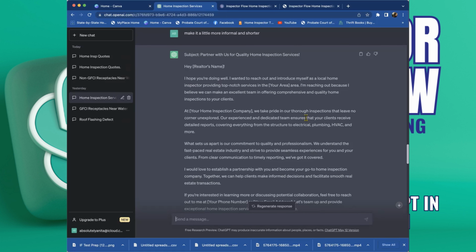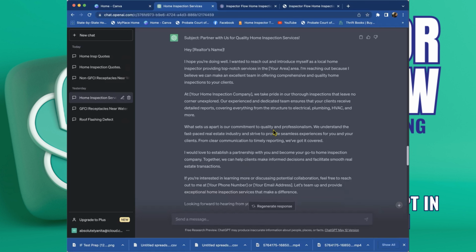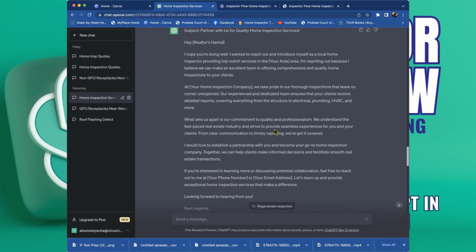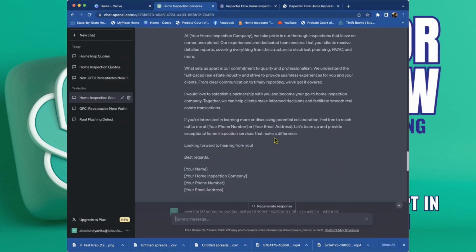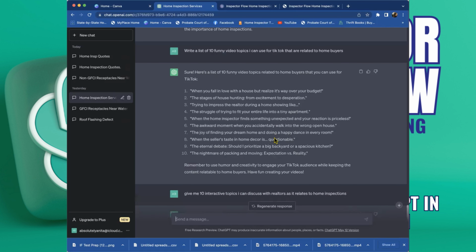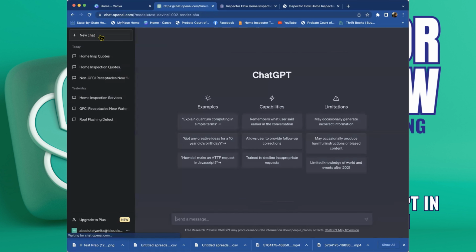Okay. So that's one way. The next thing is, again, if you're trying to drive traffic to a blog or a newsletter, even just to your website, one way to do that is to provide educational information that people can learn from. In exchange for, they'll give you their email, or again browse your site and maybe use you when they're looking for a home inspection. So let's say that we were looking for blog posts, right? What are some blog post ideas? So we could go to new chat and we'll just ask ChatGPT,